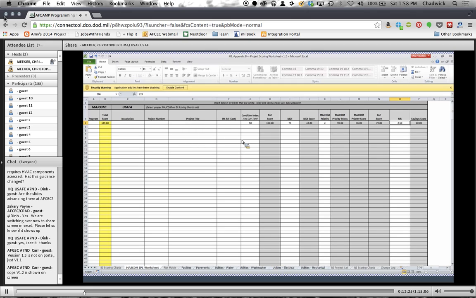And then the condition index, the MDI, MAJCOM priority, and your savings to investment ratio, and everything else will auto-calculate for you. You can see I've got some information filled in, and your total score will show up in that column that's highlighted yellow. Okay, so if I go in and I change my condition index to 65, you would see your POF score, probability of failure score, is going to change, as well as your total score. Okay, so right now I'm going to zero those out